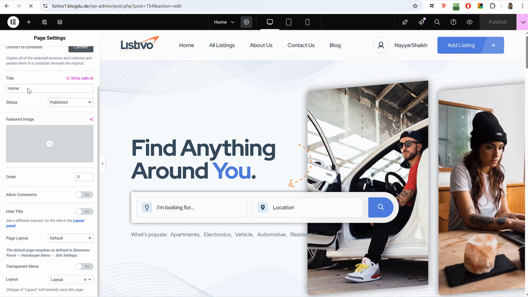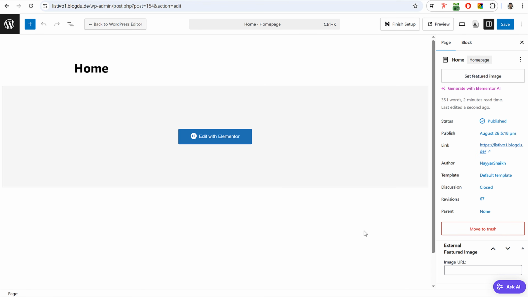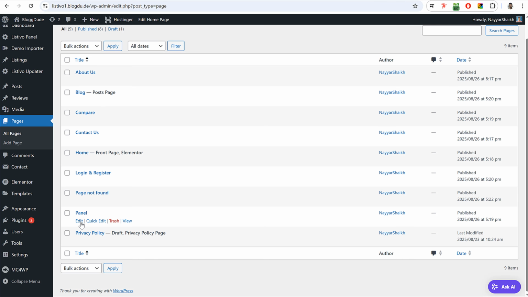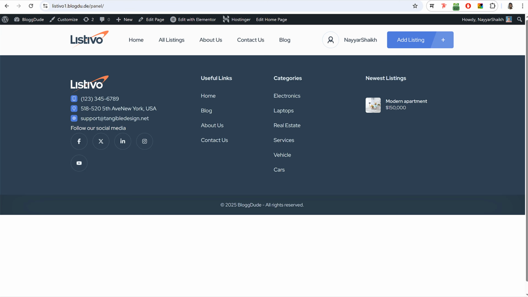Let's import other pages as well. So for that, again, come back to the pages option. And next, let's start with the next most important page, panel page. So click on edit. Right now, if you see your panel page is empty, just header and footer, nothing in